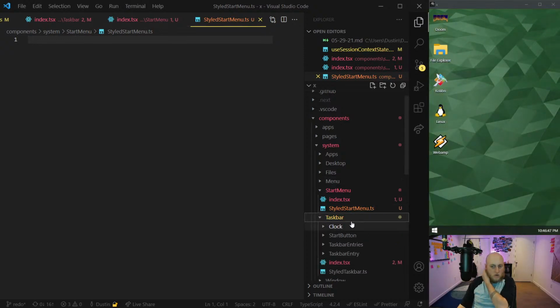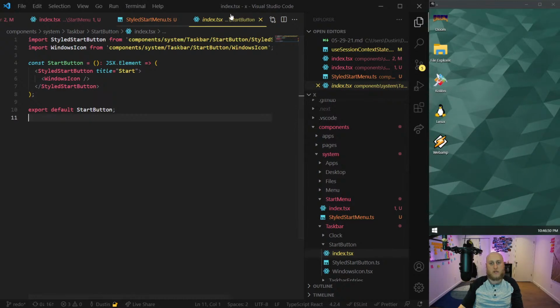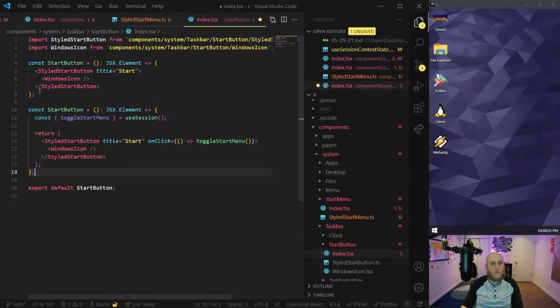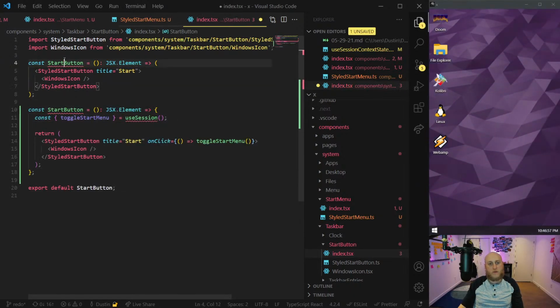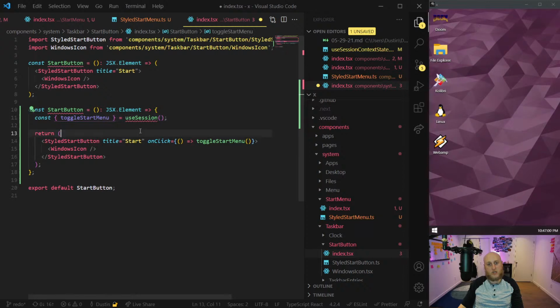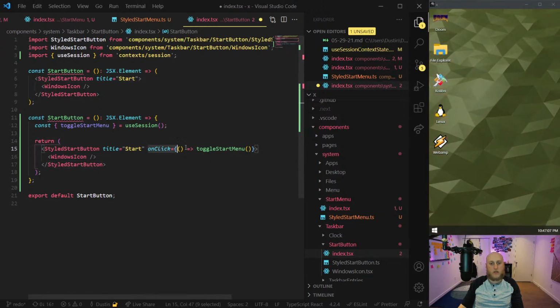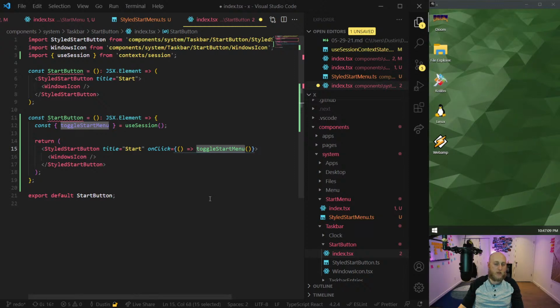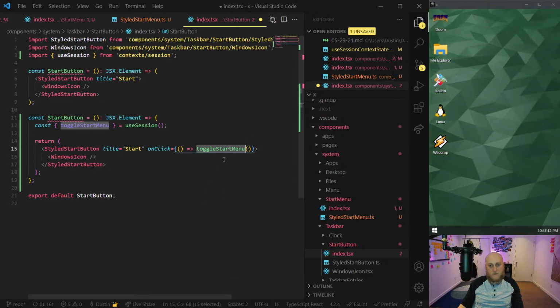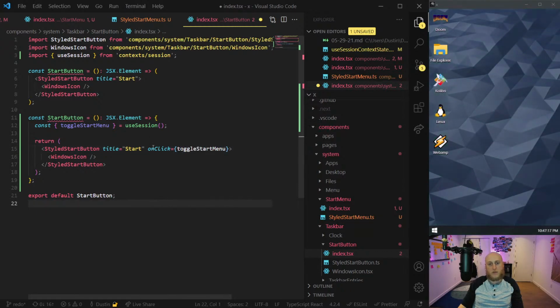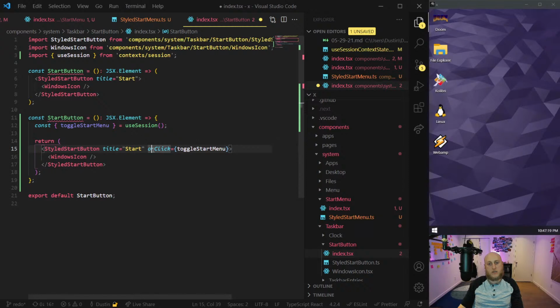Let's move back to the start button itself and just get that little piece of logic linked up as well. Again, it's very similar to what I did with the taskbar. So again, we switch it from being just JSX to also checking the session to get the toggle part of the function. And when you click the start button, there's now an on-click event that will toggle the start menu, basically. And the reason I'm not doing just like this is because if I do that, it's going to pass the synthetic event listener from React to the toggle start menu.